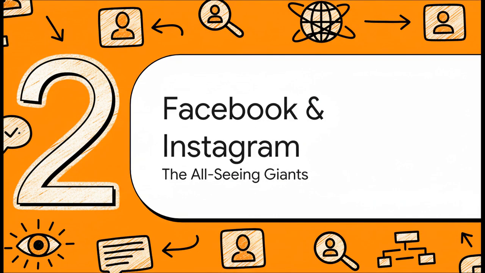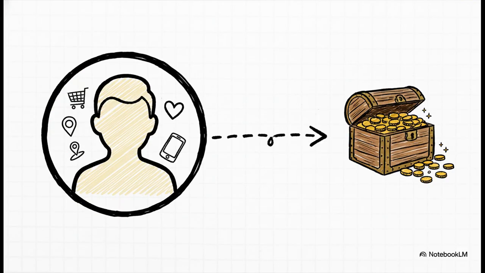All right, let's start with the big ones, the all-seeing giants, Facebook and Instagram. I mean, we're talking billions of users. The reach is on another level. There's a reason everyone calls them the Titans, right? But here's the thing, the real superpower isn't just how many people are on there, it's the data. Think about it. These platforms are so baked into our everyday lives. They know so much about what we like, where we've been, even what we're buying. And for someone trying to advertise, that kind of information is absolute gold.